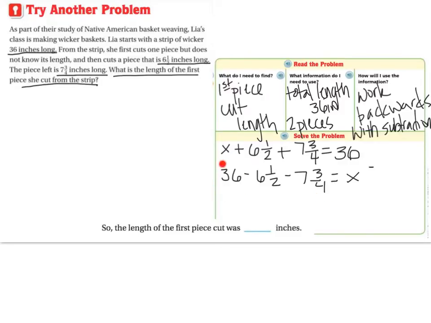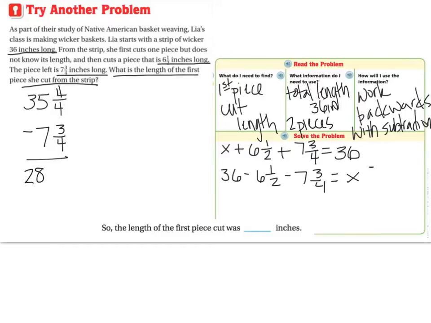I'm going to take out one whole from 36, which is going to leave me with 35. And that one whole I took out, I'm going to turn it into a fraction, and I'm going to match that fraction up with the fraction of 7 3/4. I chose the 4 because now these two fractions have a common denominator. When I subtract 35 4/4 minus 7 3/4, I'm going to end up with